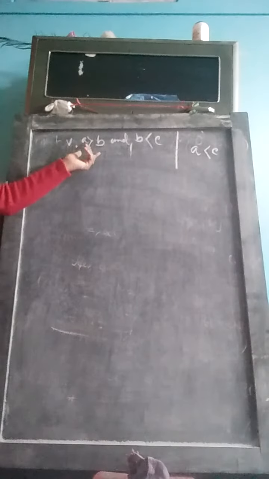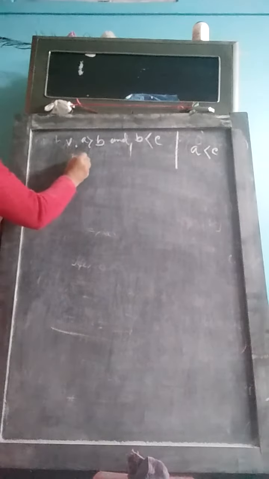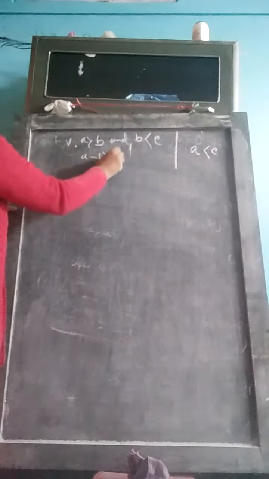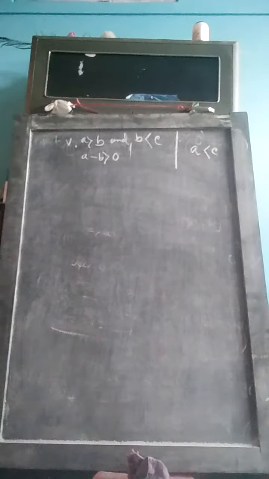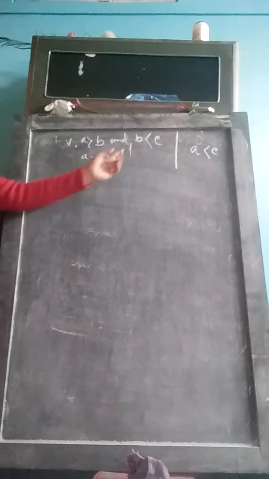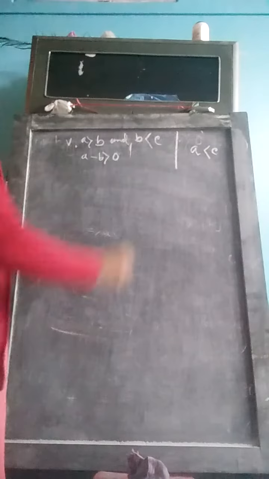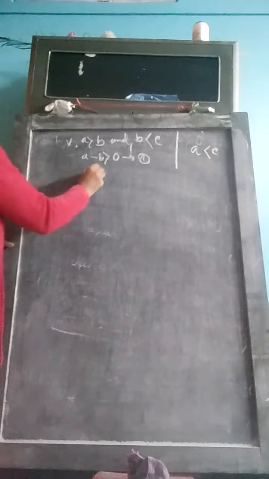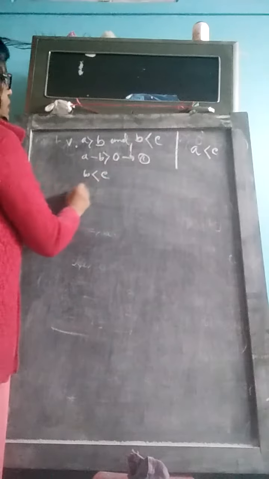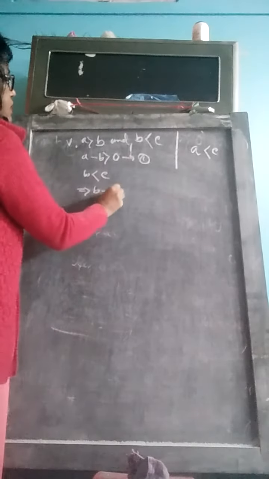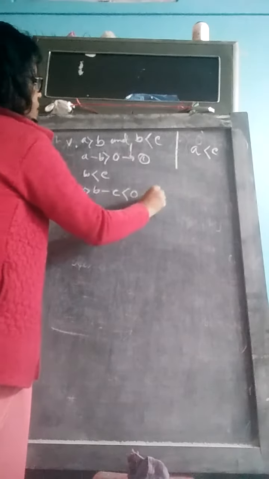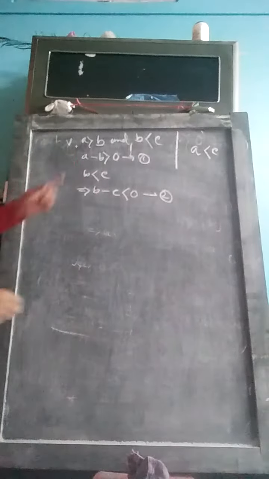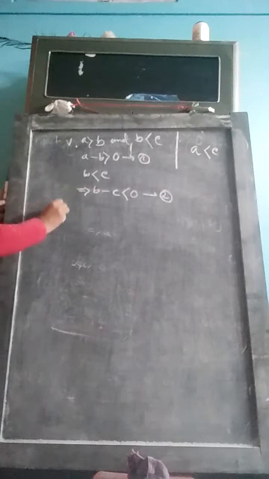Here what is the condition given? A is greater than b. So a minus b is greater than 0. This is number 1. And what is given? B is less than c, implies b minus c is less than 0. This is number 2. If we add these two, 1 plus 2,